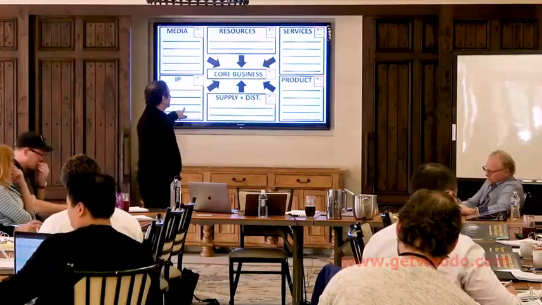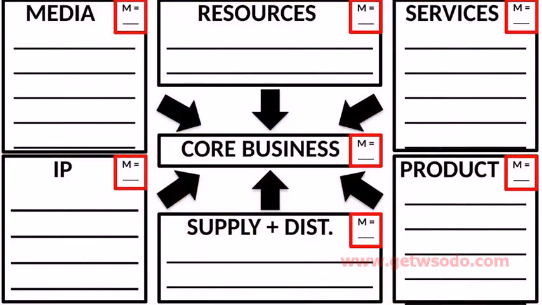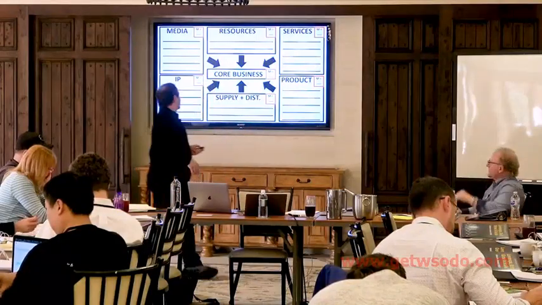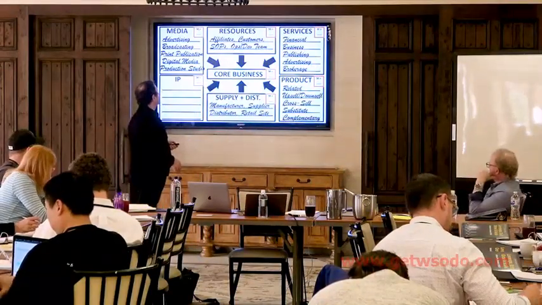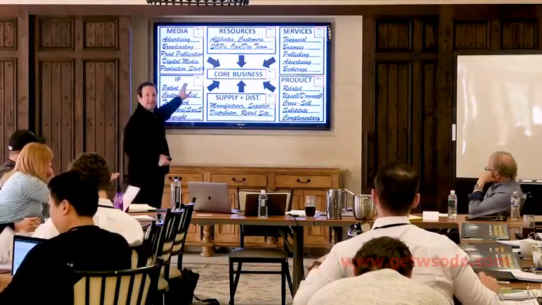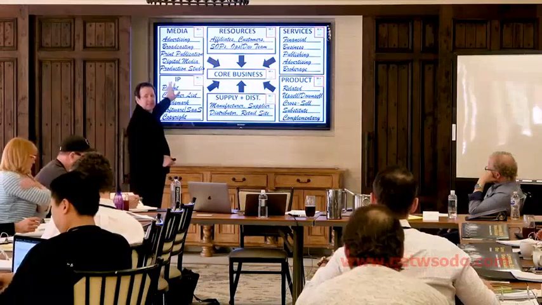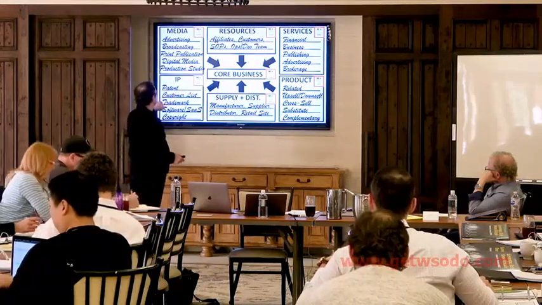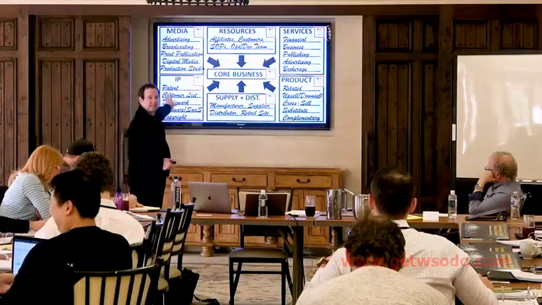So I have a sheet for you that lists those 6 categories. I don't list competitors here, and I should probably change it from core business to competitors, but this just looks better. So I want you to go through when you have time, and we'll actually do this as an exercise in a minute, and write down some ideas. You have the filled out one too. For media, it could be print publications, digital media, studios, advertising companies.